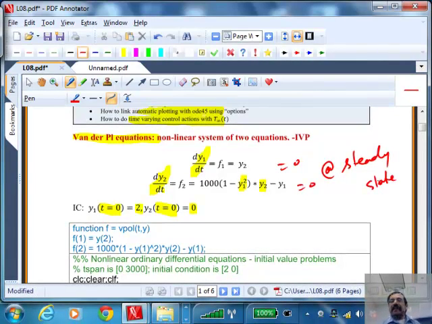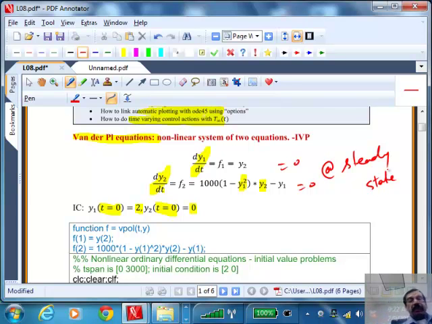So what do you have then? You have a system of two nonlinear algebraic equations. What tool would you use in MATLAB to solve that? fsolve. If you make that connection, then you know how to write those two functions to pass on to fsolve. You can look at the template that we had on how fsolve is set up, and you can solve the problem.